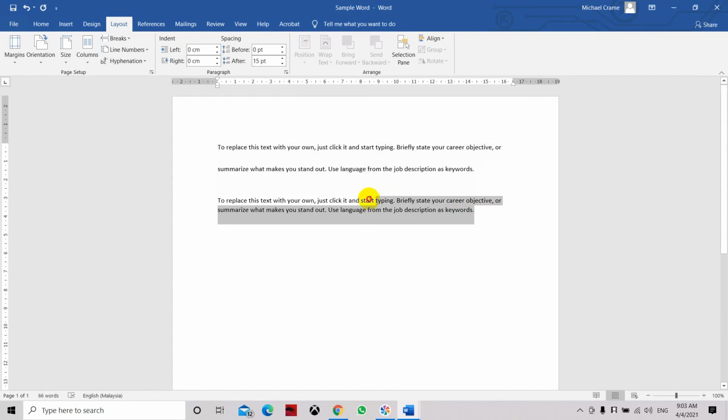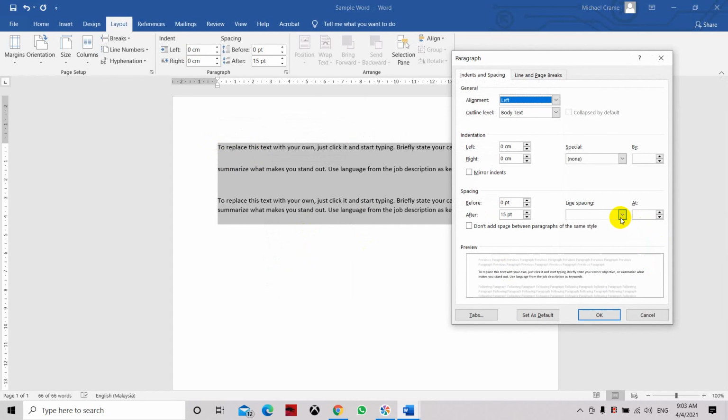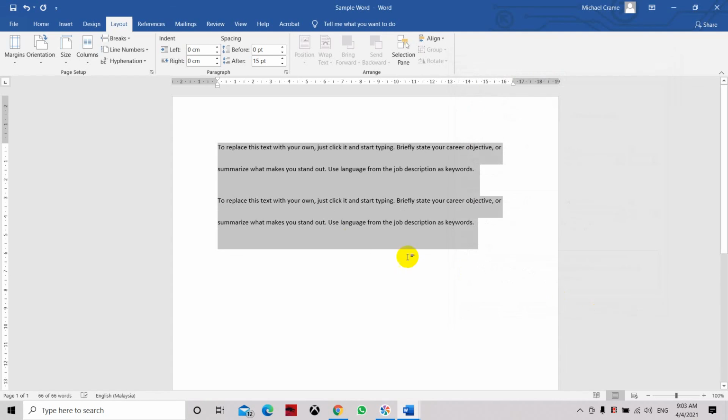So let's set this, right click, paragraph. Now you won't see the spacing because we have different spacing in the two paragraphs. Let's set it to multiple, and that's it. Set it to 2. Click OK. The spacing is the same for both paragraphs. And once you go to the next paragraph,